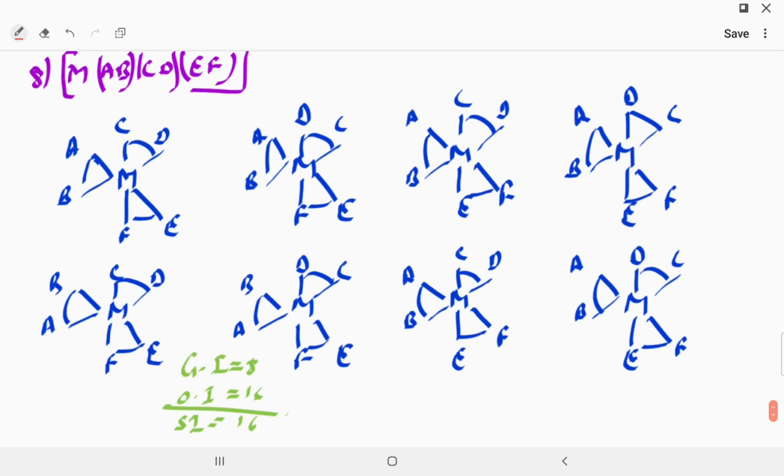Okay, now in this I will take three different types of bidentate ligands, unsymmetrical ends again. Now in this we can take AB, CD, EF. Okay, now this is the CD position. Now all the positions are same but CD position are different. We take it. This is C is opposite with F. Now in this C is opposite with B, so we interchange only the position of C and D.